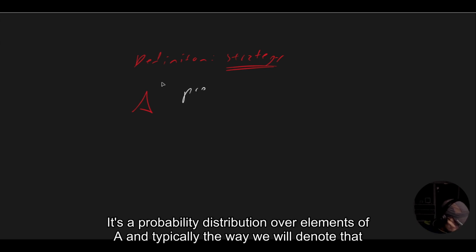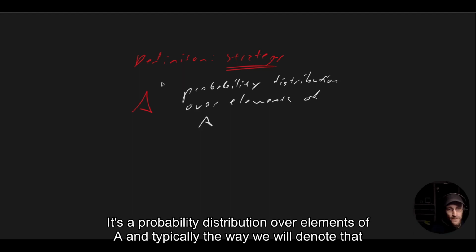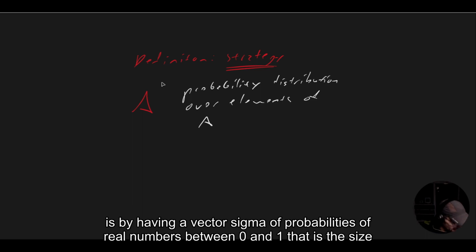And the formal definition is: a strategy for a player with action set A is a probability distribution over elements of A. And typically, the way we will denote that is by having a vector sigma of probabilities, so of